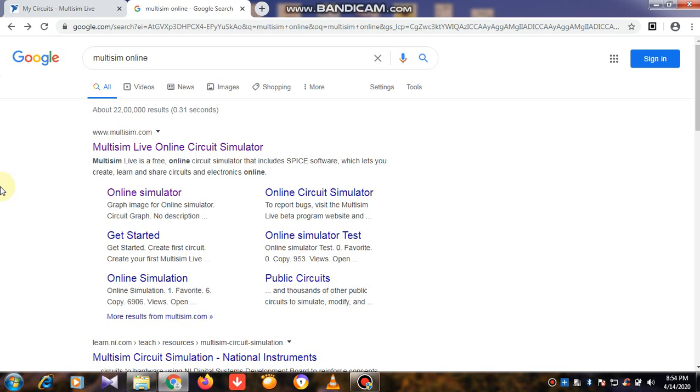Why I especially choose Multisim is that it is very user friendly. You can design your circuits using this software, simulate your circuit, export your schematic image, and save it on your desktop or PC. The important thing is it is not an open source tool, so it is not possible to use it for free. If you want to download it, you have to pay an amount to that software company.